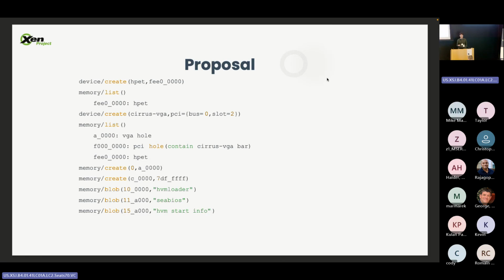There are some others that are emulated by QEMU, and they both take some of the address space for the emulation. So usually a toolstack doesn't exactly know what is going to happen on a guest creation. You just say, I want a guest with some emulation, and